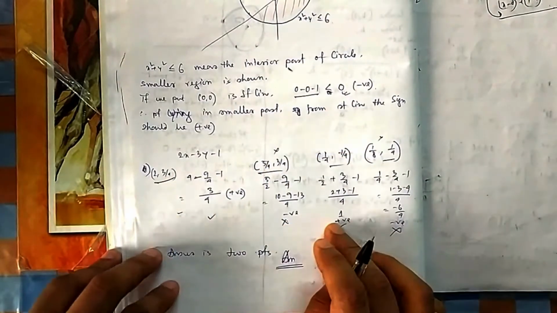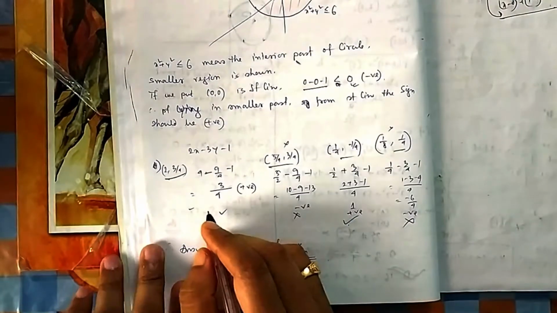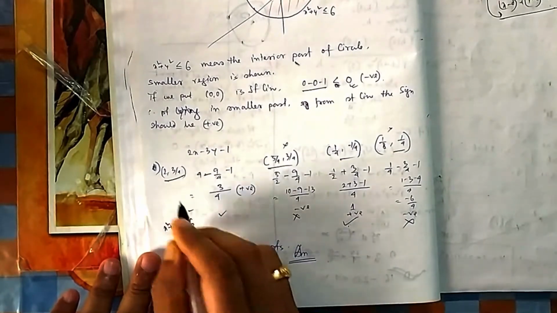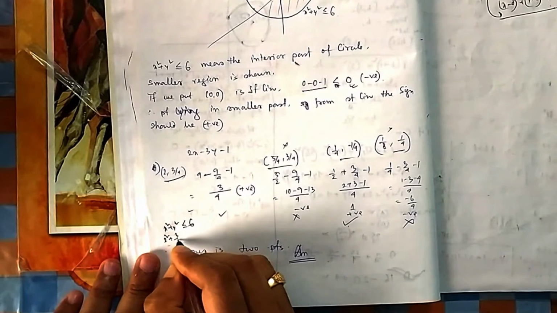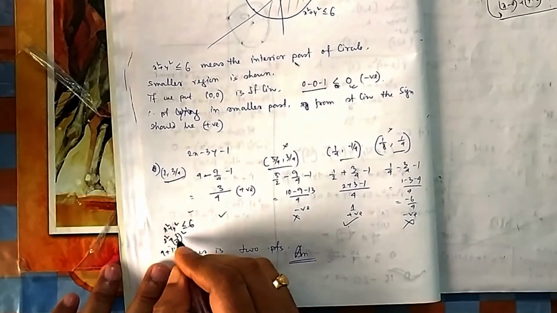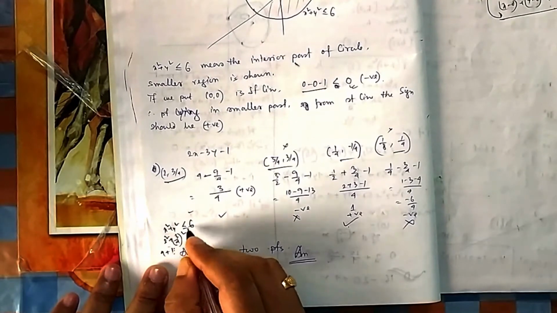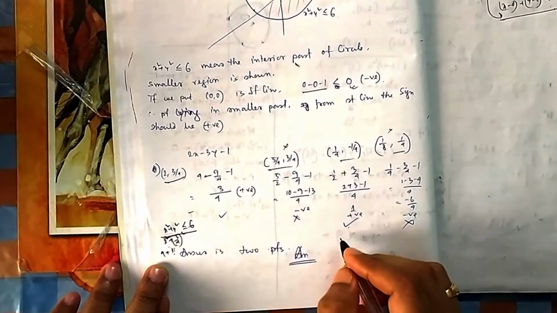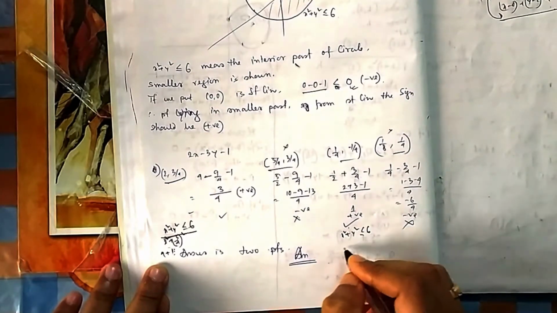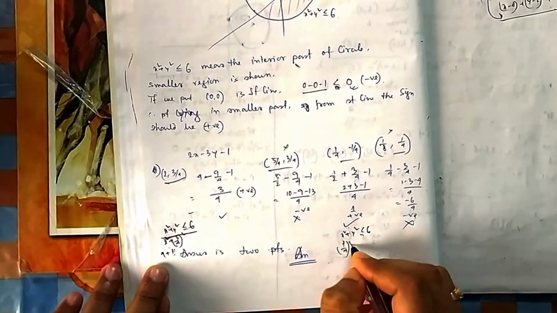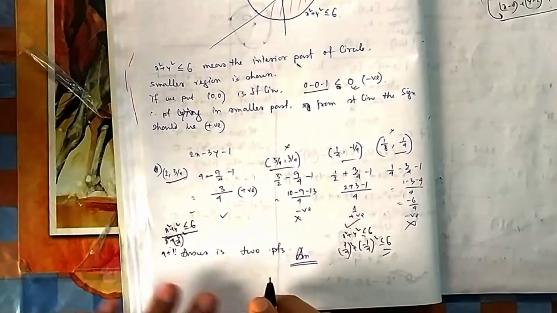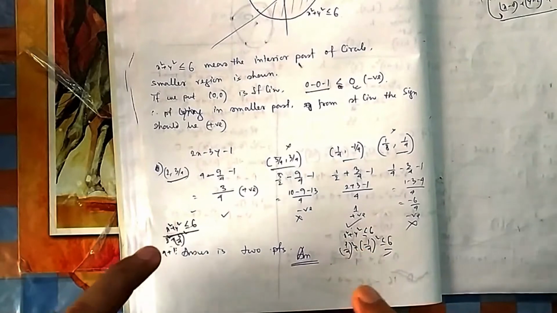These two. Again, you have to check which one is inside the circle or not. For that you need to check x square plus y square should be less than 6. If you put this one, 2 square plus 3 by 4 whole square, it is 4 plus a fraction, since 3 by 4 is a fraction. So 4 plus a fraction will obviously be less than 6. You check this one. Both are fractions, so 1 by 4 whole square minus 1 by 4 will obviously be less than 6. So you can see these satisfy the circle condition also.